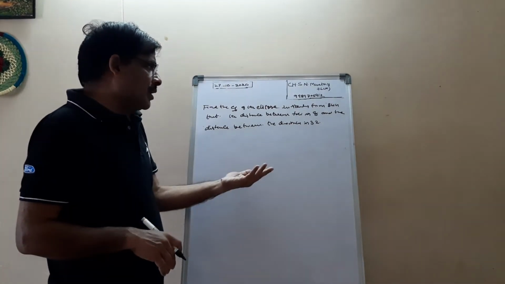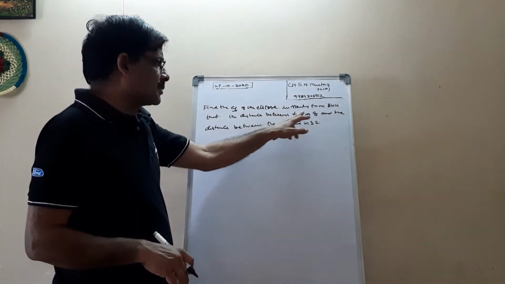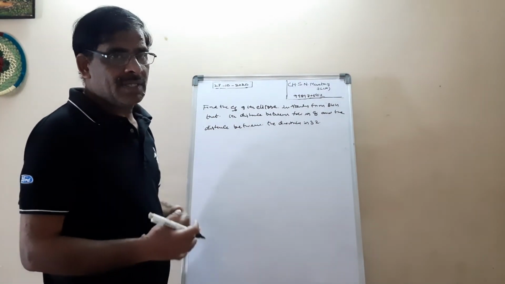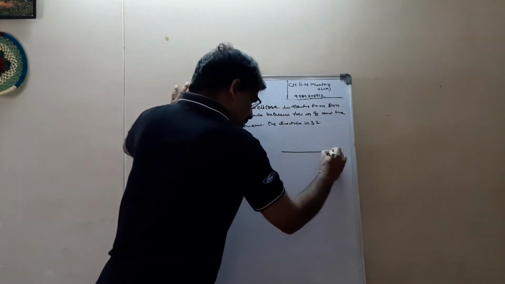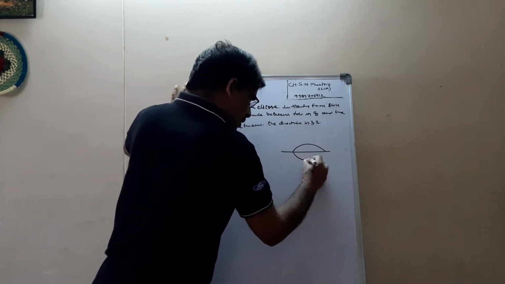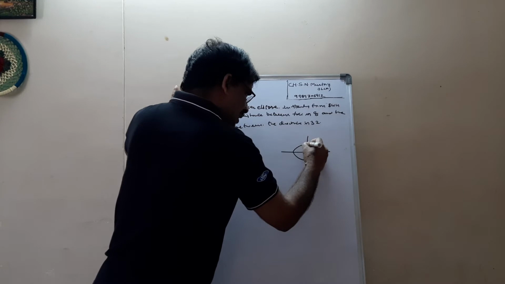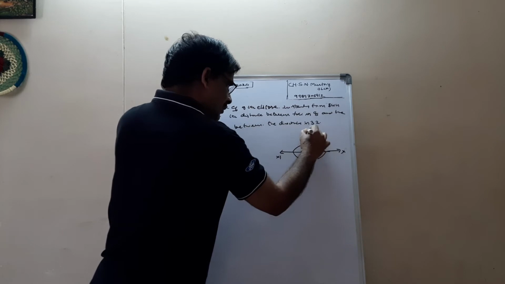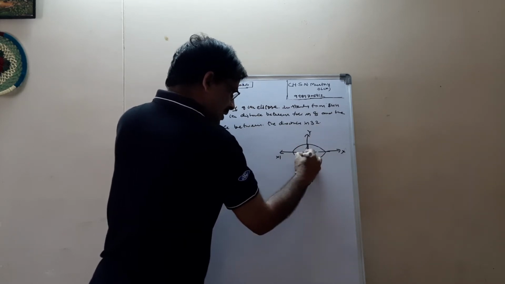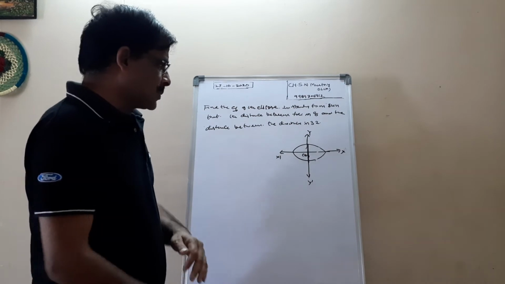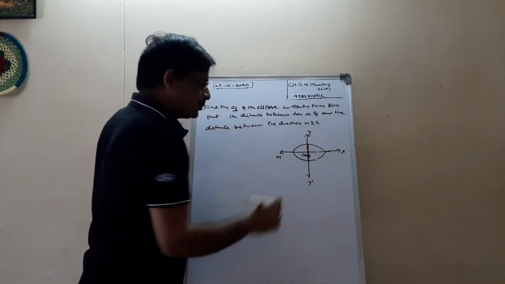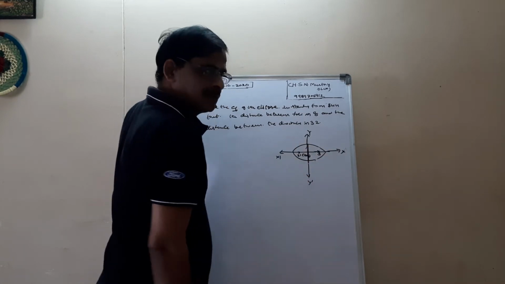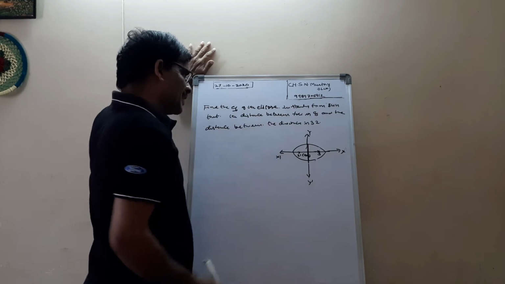See, in our previous problem, the distance between foci is given and the length of the latus rectum is given. There will be some change. See, draw a diagram for our convenience. To get a clear idea, try a rough diagram. See, this is x, this is x dash, this is y and this is y dash, and this is C, center of the ellipse equal to 0, 0. Foci, this is the first one, this is the second one.